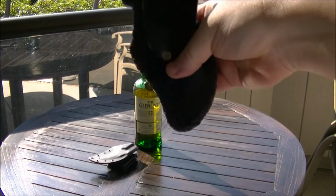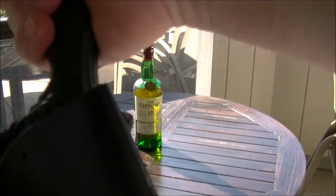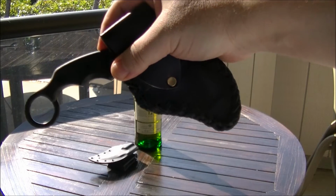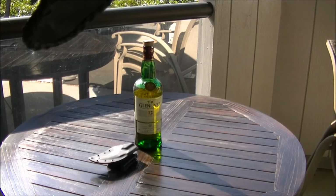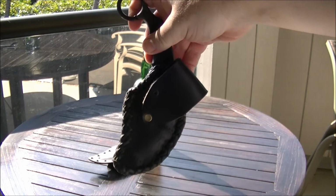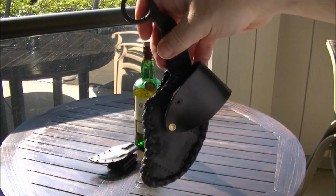But the problem is if you're in a car and it's horizontal, because you push it forward and pull it, what happens is it's going to push forward automatically over time, just moving around in your car seat. So we're going to add a tie down piece of leather strap that's going to go right through where the triple pin is and the main sheath body, and we're going to tie it down like Western shooters have hammer tie downs. It's the same concept. It goes through the tie downs, and the aluminum ring is where you tie the knot to keep it in place while you're getting in and out of the car,